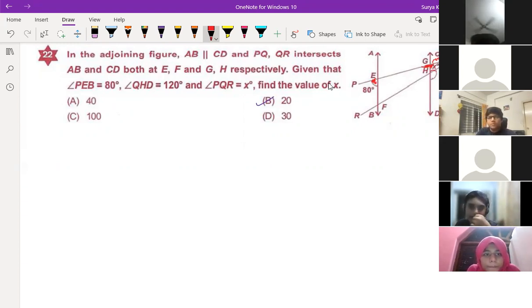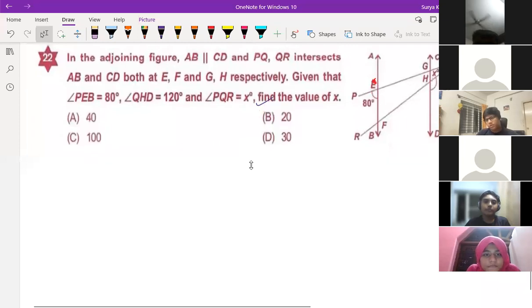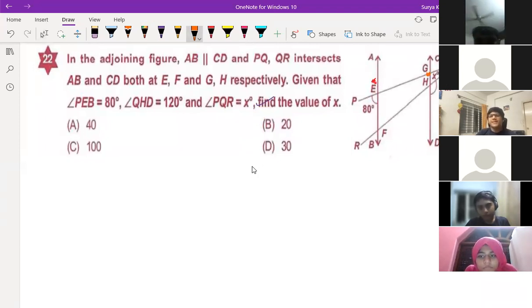Sir, I was seeing another angle. I was seeing that G angle. Okay. So here what we can do, this is 80, so this is also 80. This is also 80. And here is 100. 100, 120, this 80, 100. Then this is 60. And this becomes 20. That's it. Next question number 23rd.